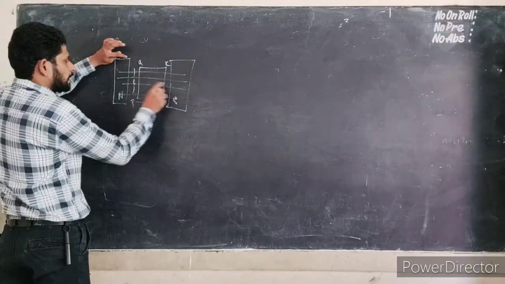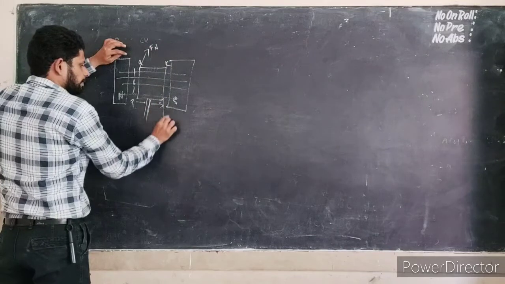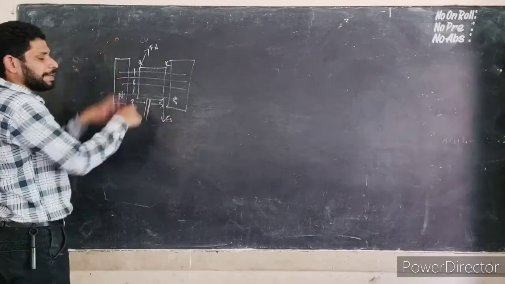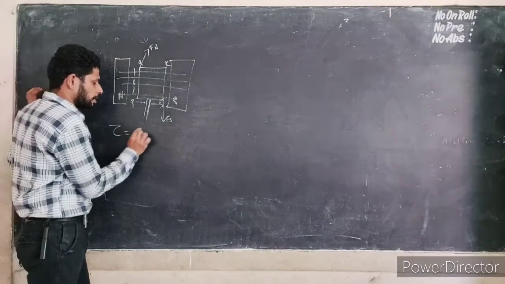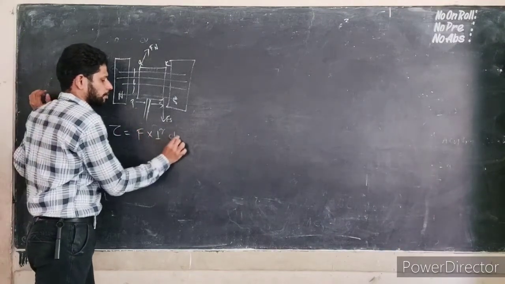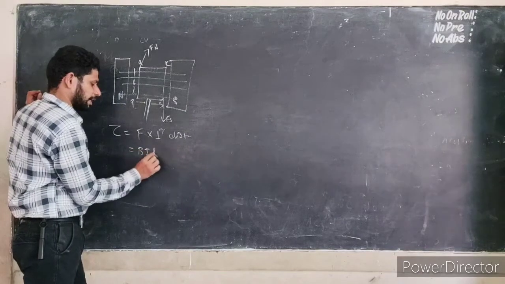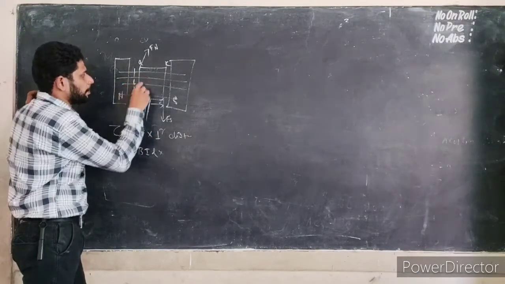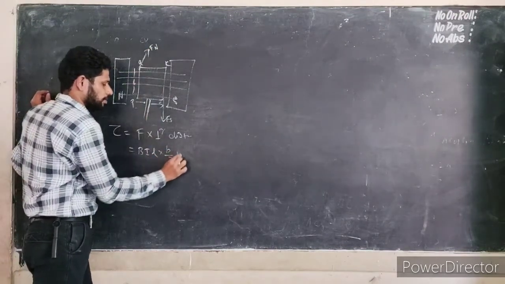We know that when the force is under current, the force will be acting in this direction, F1, and this force will be acting in this direction, F2. So they are making a torque. So what is meant by torque? Torque is equal to force into perpendicular distance. So what is the force here? BIL, right? What is the perpendicular distance? The torque is nothing but b by 2 sin theta.